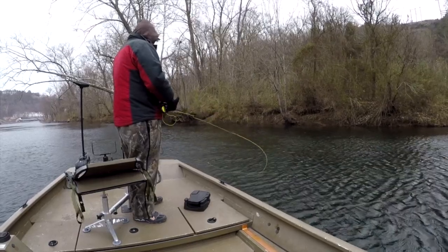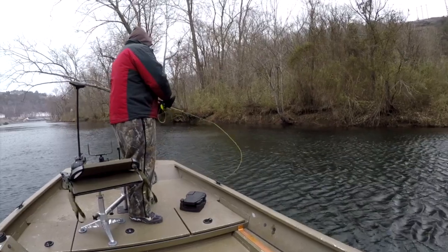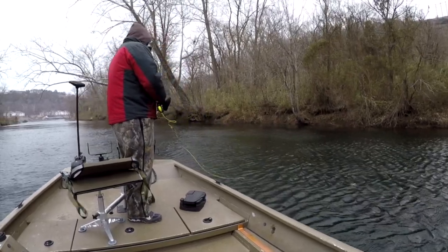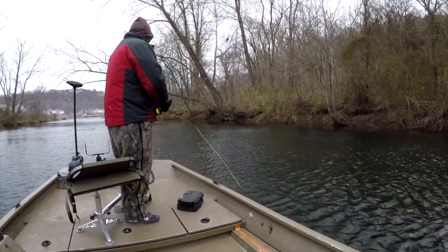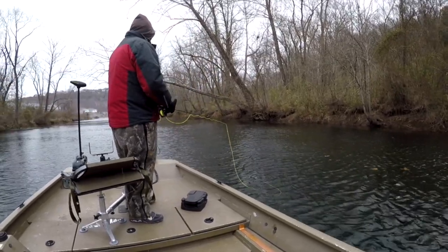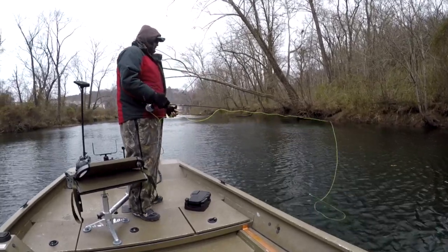We got about 30 or so degrees and 35-mile-an-hour wind gusts out here. It's actually snowing right now. They're still running the 2 units of water,